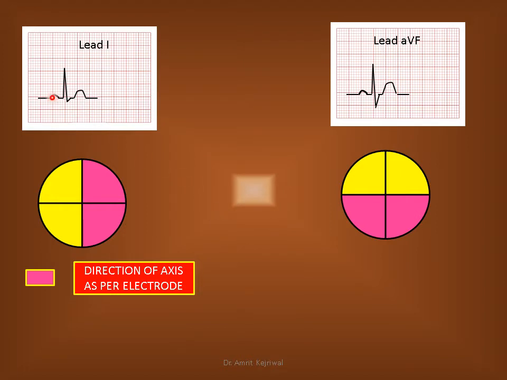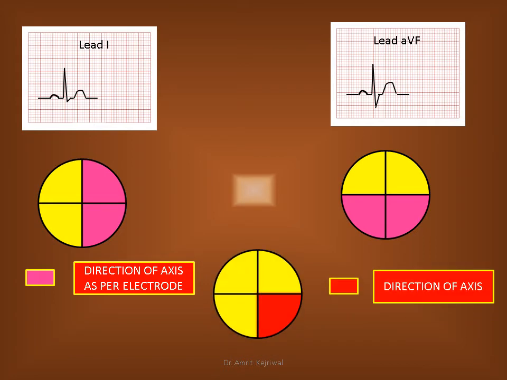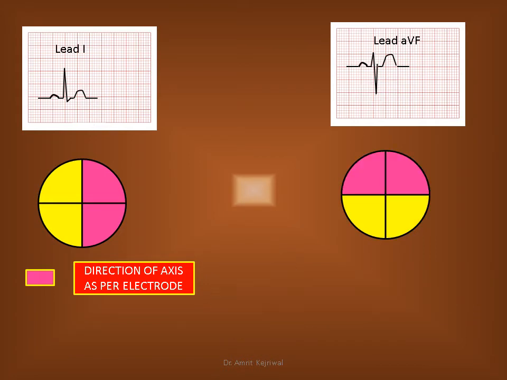So here we've got lead 1 is showing a positive wave, and in lead AVF it is also showing a positive wave. So as per the previous diagrams, if lead 1 is showing a positive, it should be over here, the axis, and in lead AVF, if it is positive, it should be here. So in this, the common pink area over here is this part in both of them, which is showing a positive. So the axis will be somewhere between 0 to 90 degrees, which is the normal axis.